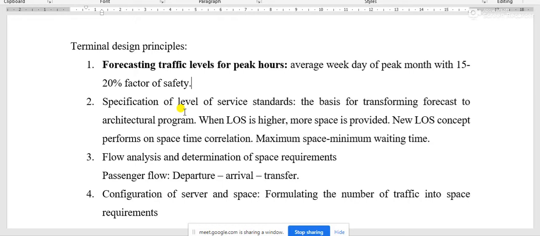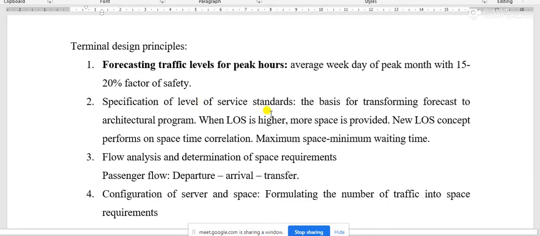Optimum required space means not larger, not smaller or lesser than required to provide a standardized level of service.